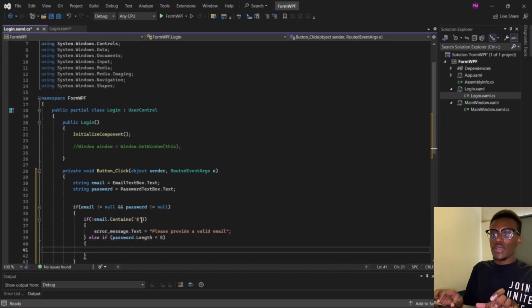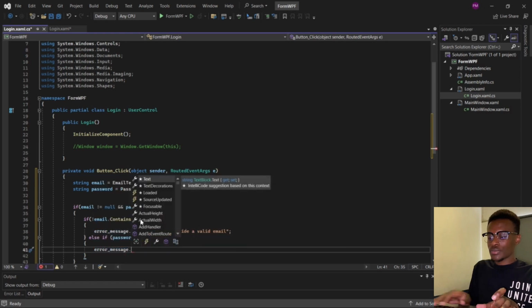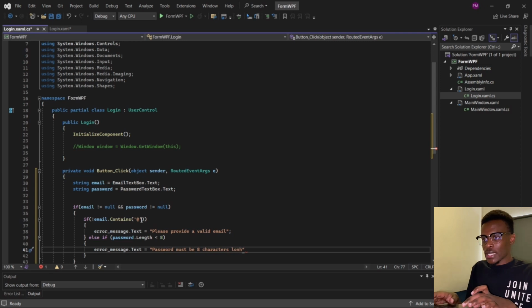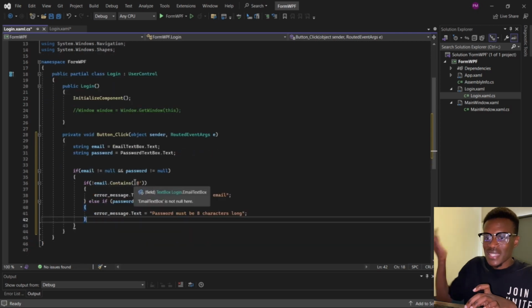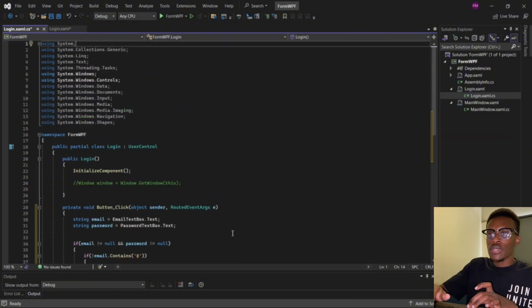So which means we're going to say error message dot text is equal to password must be 8 characters long. So this is going to be like so. This one is going to be a simple validation for our first version. Else if everything is okay now, so if everything is okay,